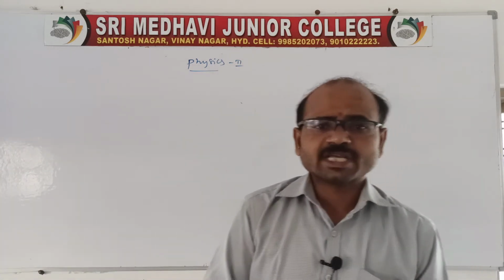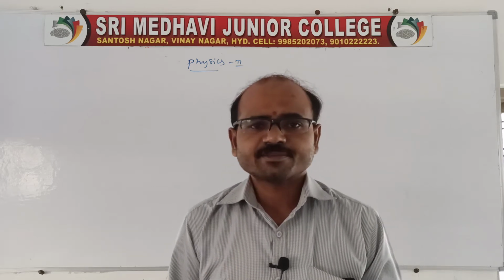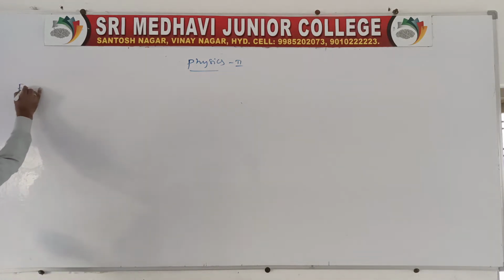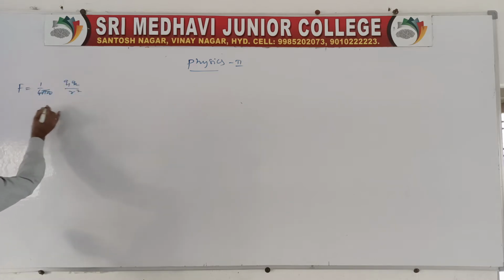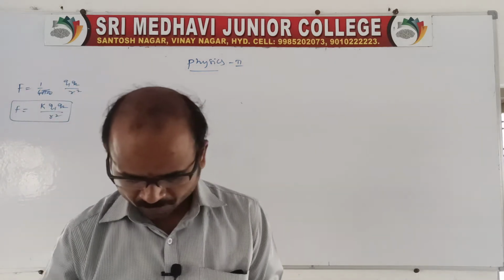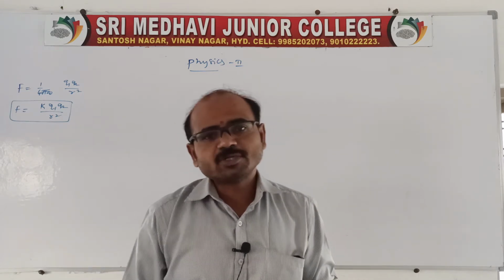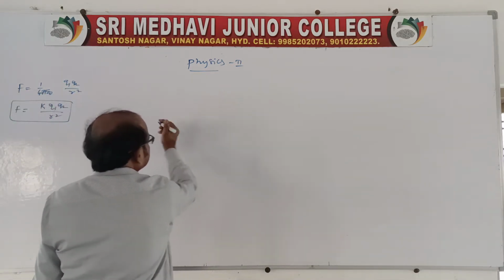Actually, in Coulomb's inverse square law, about a force, we know that force F is equal to, I'll write here, between the two charges, F is equal to 1 by 4 pi epsilon naught q1 q2 by r square, or we can also say, instead of 4 pi epsilon naught, k q1 q2 by r square. This is the force due to Coulomb's inverse square law. But I would like to tell you one thing. Another one is there, that is force due to multiple charges.